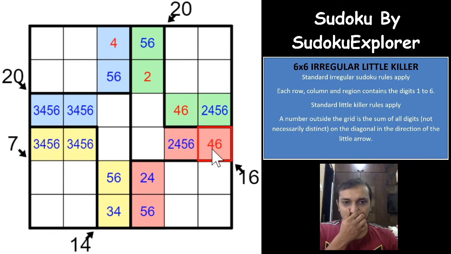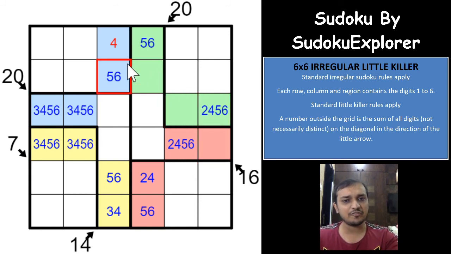But the most important logic here is that we have already deduced that one of the blue cells, both the blue cells will have either 4 and 6, the other yellow cells will have 3 and 5, or both the blue cells will have 3 and 5 and the yellow cells will have 4 and 6. So whatever you do, the 4 and 6 will have to be in the same row. So wherever you have a 4 and 6, you will have a contradiction here that you cannot have a 4 and 6 in any of these cells, right? That's a really tough logic.